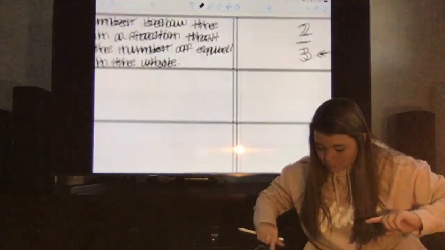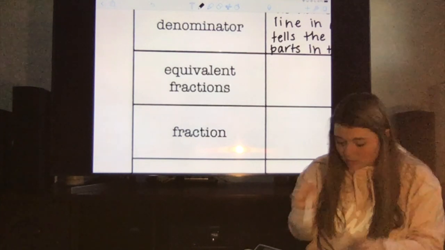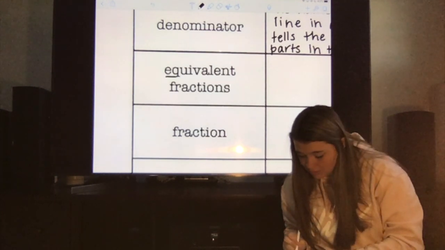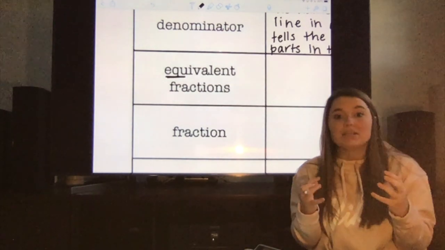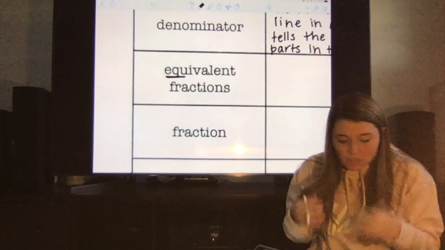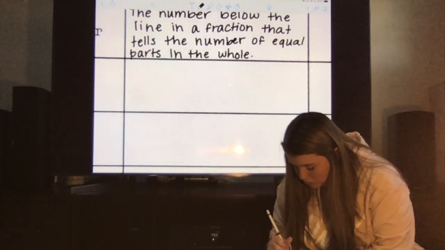So then the next word we're going to be going over is equivalent fractions. We've talked about the word equivalent before. In the word equivalent, I see EQU, which tells me kind of like equal. So I know that they're going to be equal fractions. So the definition that we're going to write is